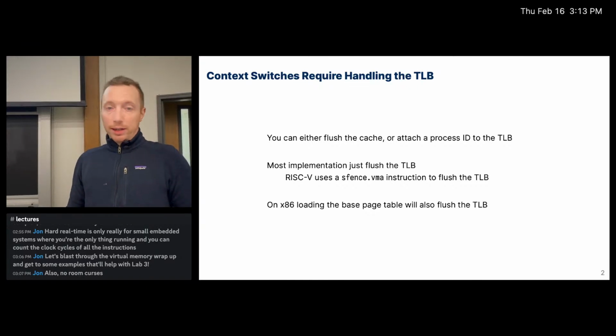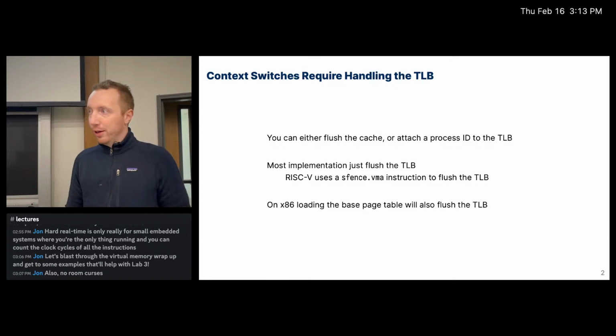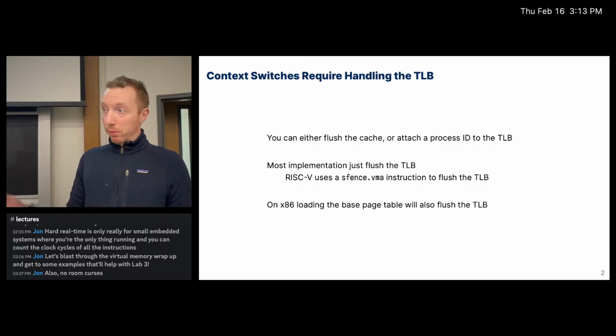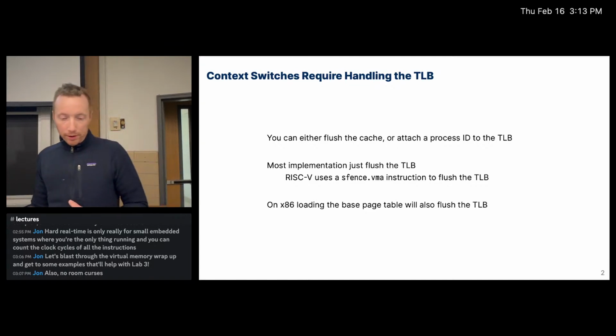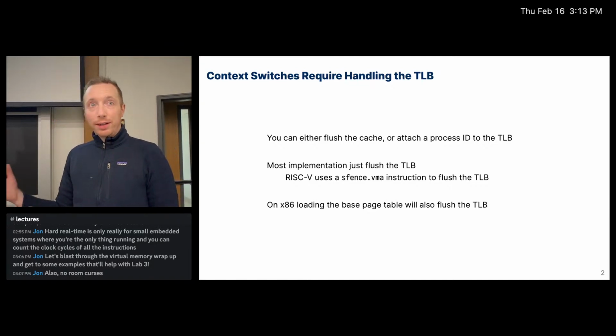So the other thing we have to talk about is how this relates to context switches too. We kind of talked about, but we'll say it again quickly, that if you're context switching between processes and not threads, where you have to change the address space, well, you also have to change the root page table, and that's how you change address spaces. So now if we have this cache, you have to do something with it, because if you change address spaces, well, the cache is not going to be valid for that new process because that's its memory, and you're switching to a new process's memory. So the easiest solution is when you context switch,